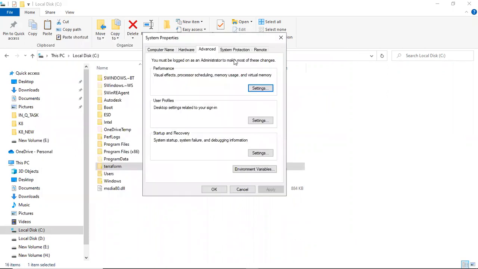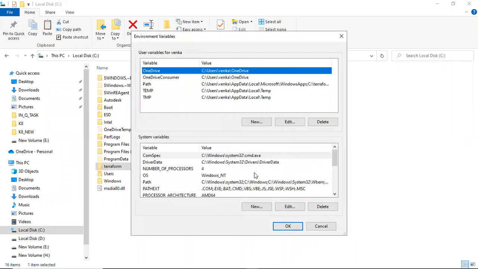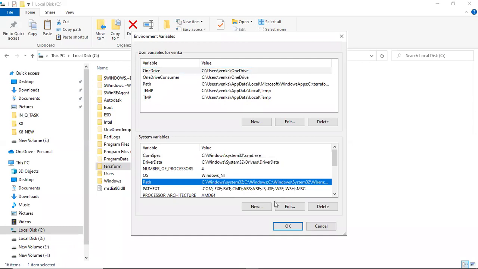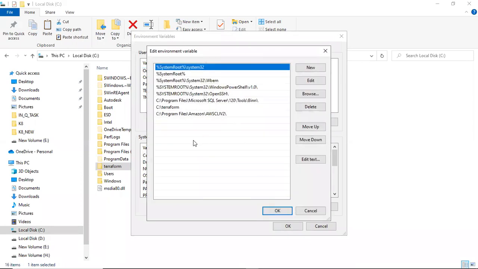Then click on the environment variable, and you will see user variable and system variable. Under the system variable, there will be a path.